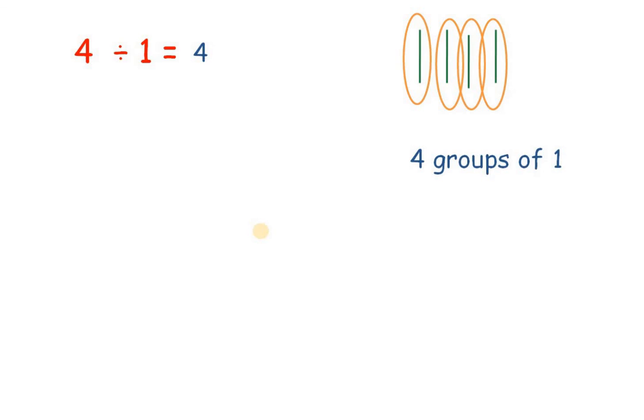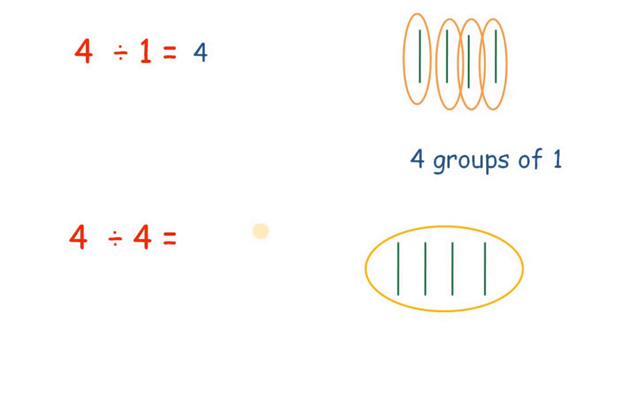And so on. What if we divide the number by itself? Like 4 divided by 4. So we have 4 objects and we need to divide them in groups of 4. So 1, 2, 3, 4. So each group should have 4 inside it. So 1, 2, 3, 4. And this is one group. So one group of 4. 4 divided by 4 equals